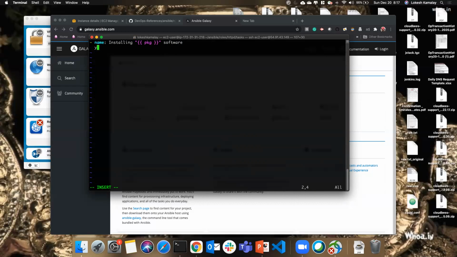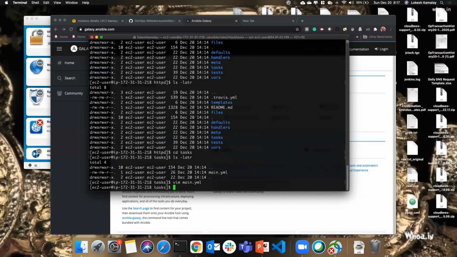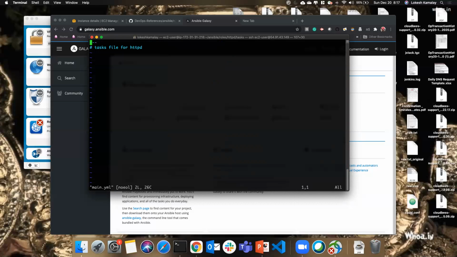Software. So we know that I need to use yum. Yum is here. Name is going to be package. Oh, sorry. This is the main file, right? So in the main file, what I'm going to do is import the corresponding tasks. Okay. So name. This contains your information like loading Red Hat tasks,